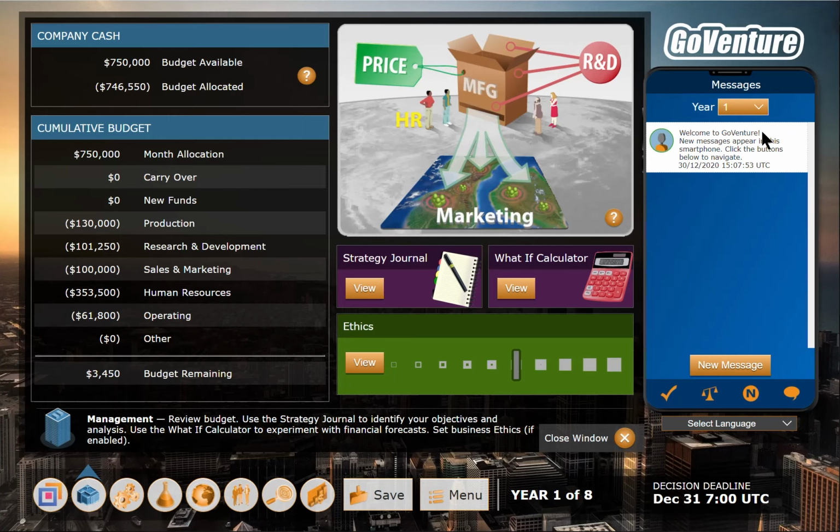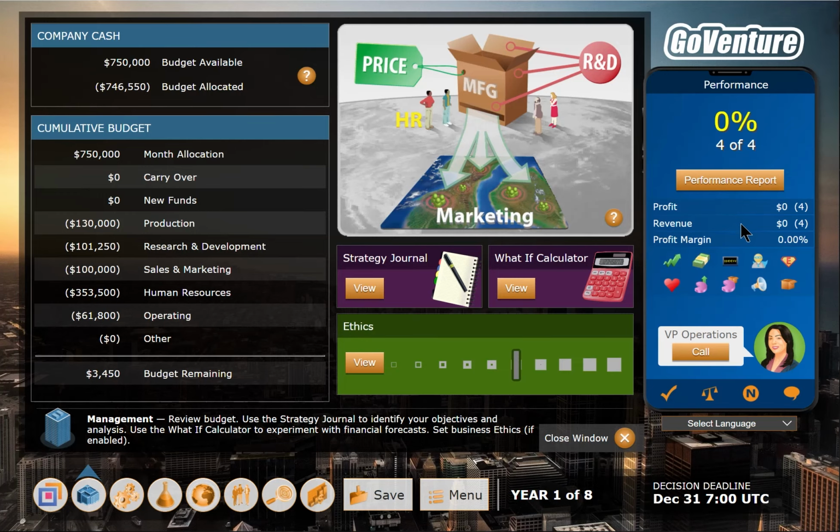We also have a text messaging system where you'll get messages or events happening in the simulation. You can also post messages for other players to see, almost like think of it like posting a news release or other information. This is a one-to-everyone message, so in other words, everyone's going to see the messages that you post here, including your instructors, so you want to be careful to make sure that the messages are appropriate for everyone. And you can review your performance here as well.